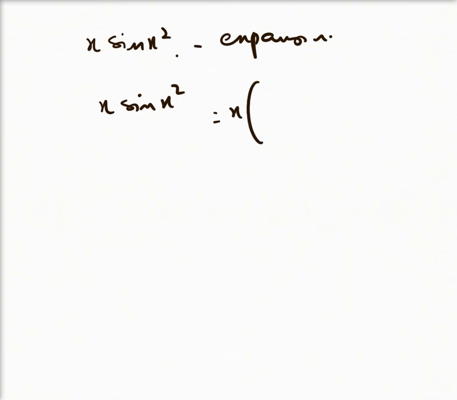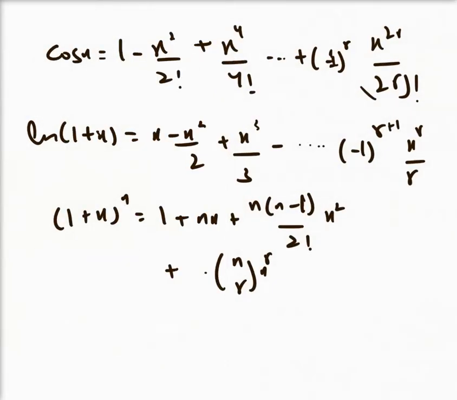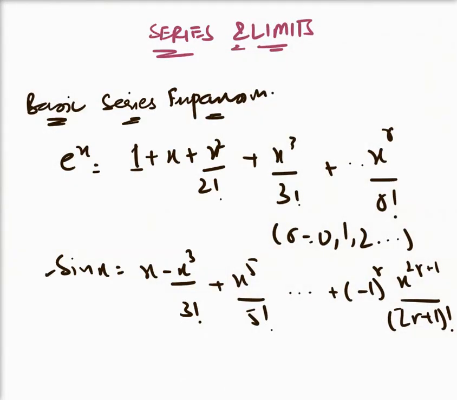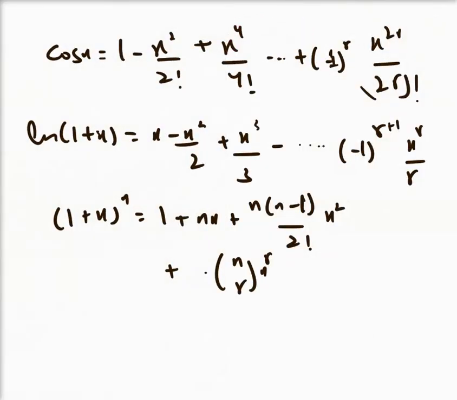Right, now how we will be using these in the exam questions, that is the one thing. For example, if they ask us to expand x sin(x squared), so we will be using the two terms. First, x sin(x squared) is equal to x, and then using the series of sin x, that is x into x minus x cubed over 3 factorial. Now instead of x we will be putting x squared because the question requires x squared.